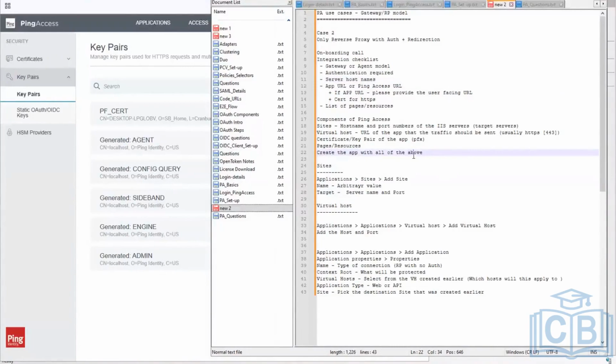Now here the case number 2. That is the case number 2 with the authentication. The same redirection, but we will do the authentication in between. Authentication in the sense we will be having some kind of authentication system in the configuration. Basically,